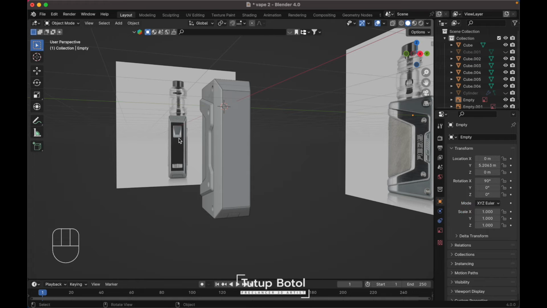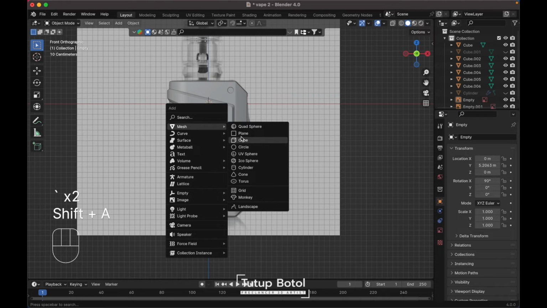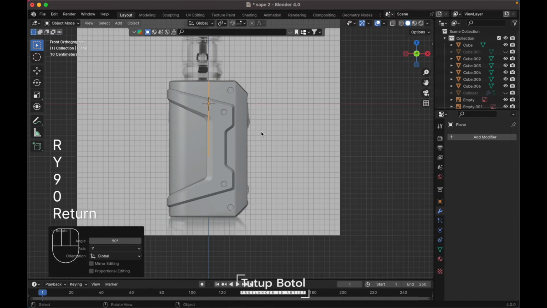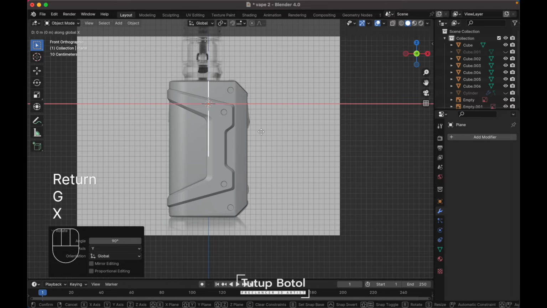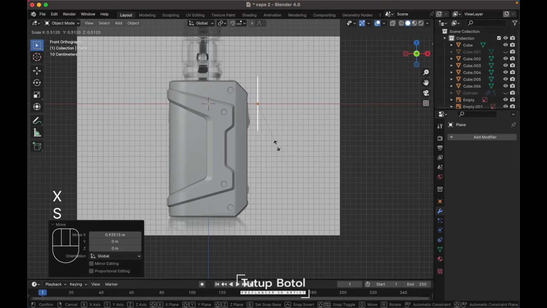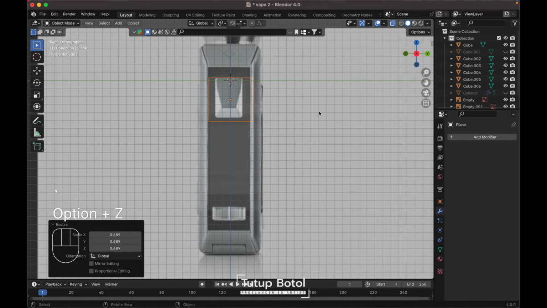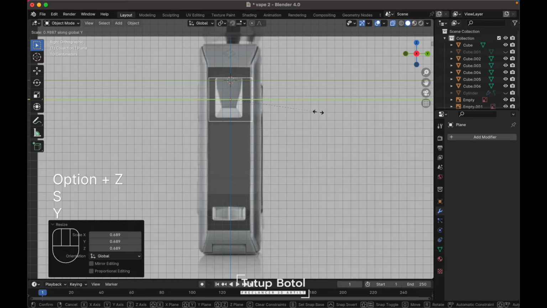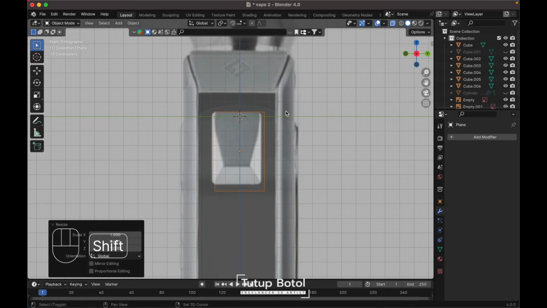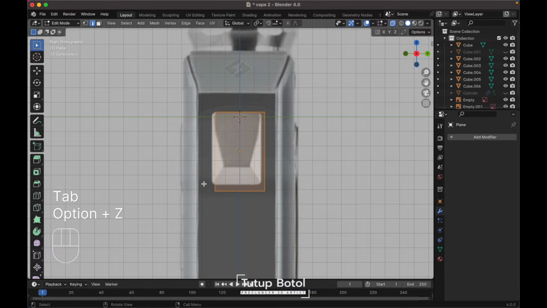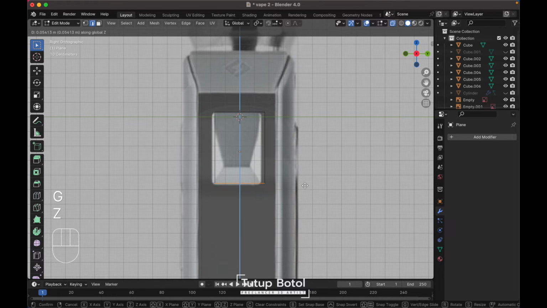Let's add a button over here, press Shift A, add a plane, press R and Y, 90 degrees to rotate it on the Y axis, press G X, over here, scale it down, just like this, go to the right view, press Alt Z, scale on the Y axis, over here, and it's in the middle, tap to the edit mode, press Alt Z to x-ray view, move this up,